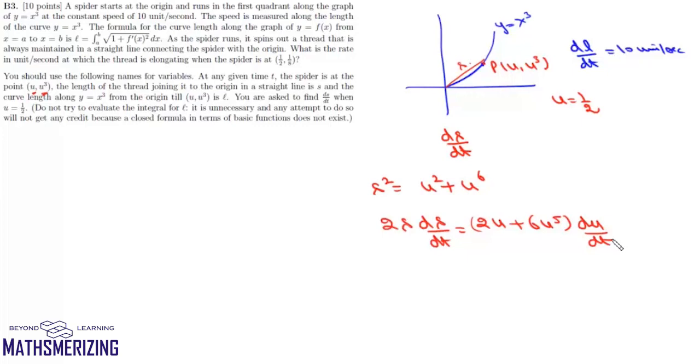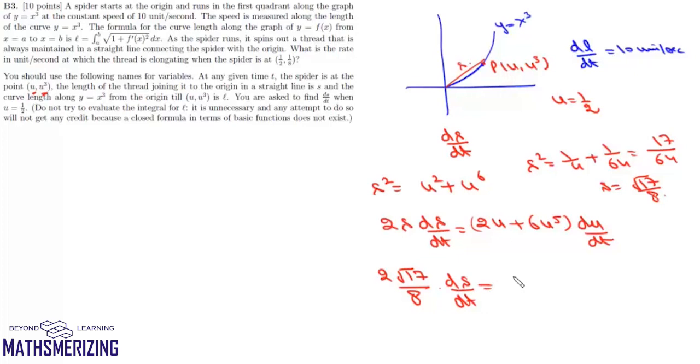Now we know that value of u is 1 by 2. If the value of u is 1 by 2, then s square will be 1 by 4 plus 1 by 64. So it will be 64, and then 16 plus 1 is 17. So value of s is under root 17 by 8. So we can write 2 under root 17 by 8 into